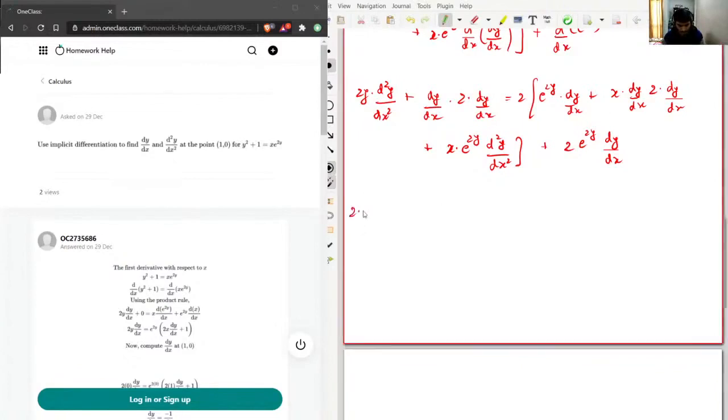So this will become 2 times 0 times d square y by dx square, plus minus 1 over 2 into 2 into minus 1 over 2, 2 times e power 2 into 0, and this was minus 1 over 2, plus x was 1, this was minus 1 over 2, and this was 2, and this was again minus 1 over 2, then plus 1 e power